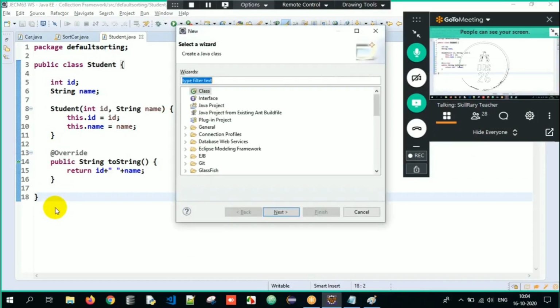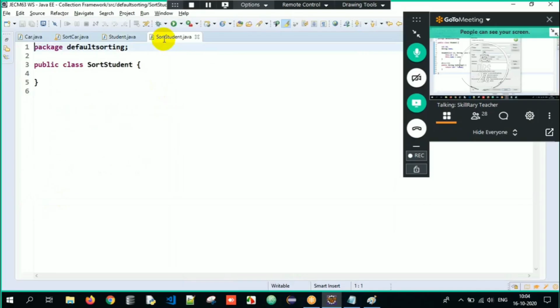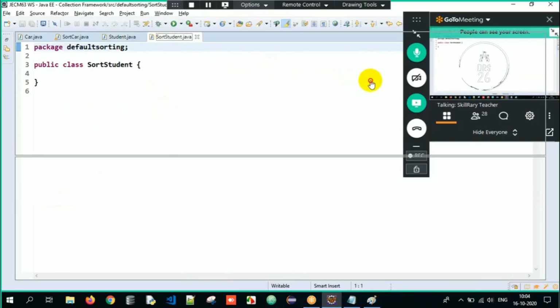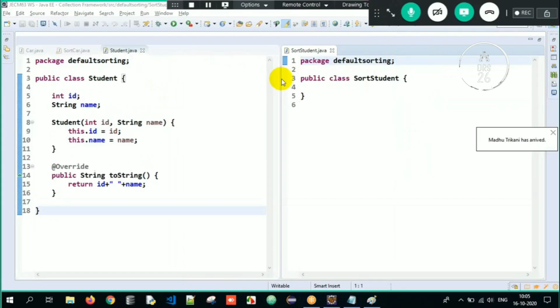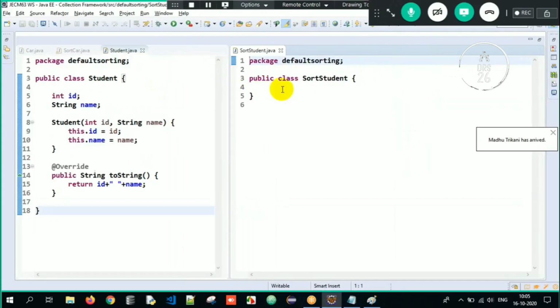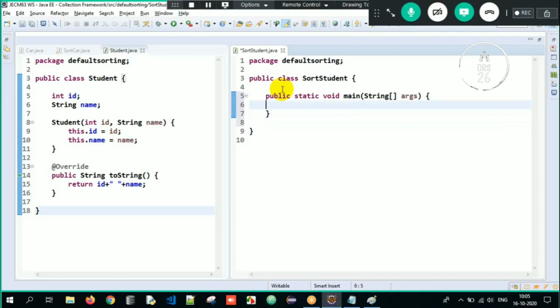Now I will create one more class, and the class name is SortStudent. What is the class name? The class name is SortStudent. So now over here, SortStudent is done. Now in this specific program, what am I going to do? I will have my main method, wherein the execution will always begin from,